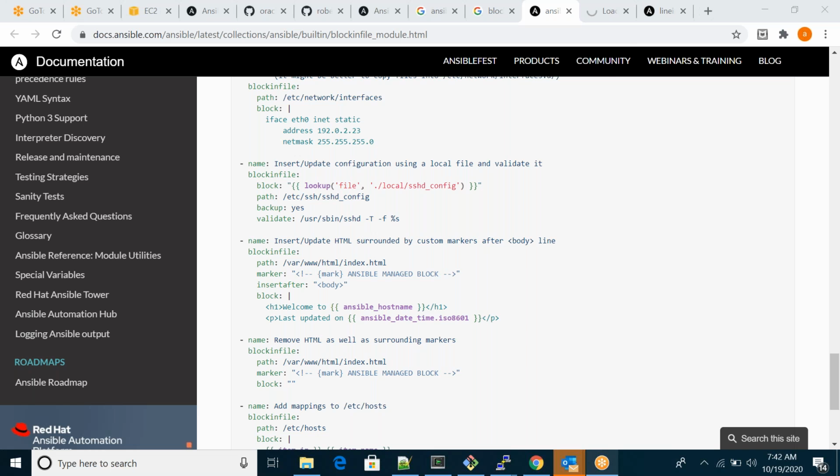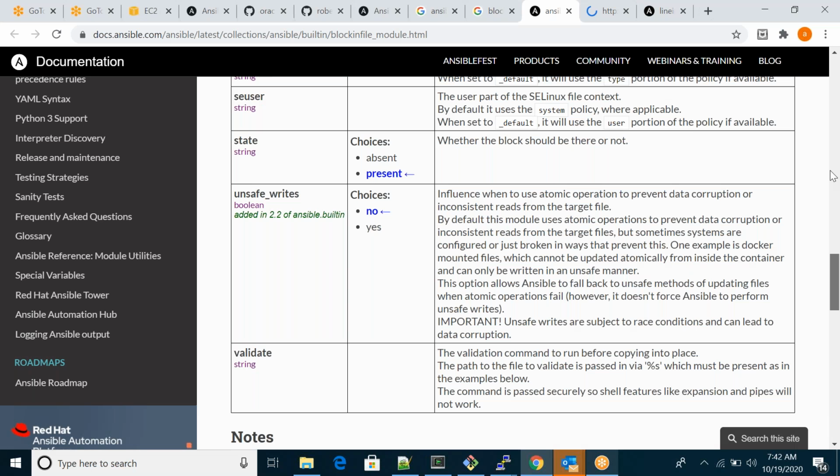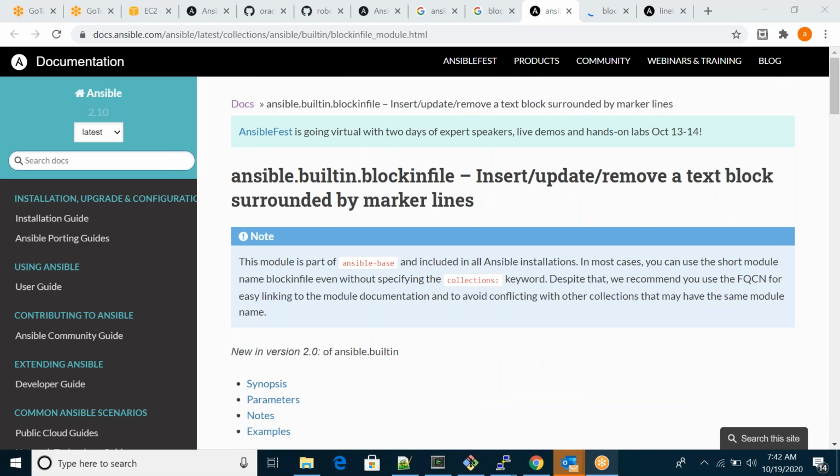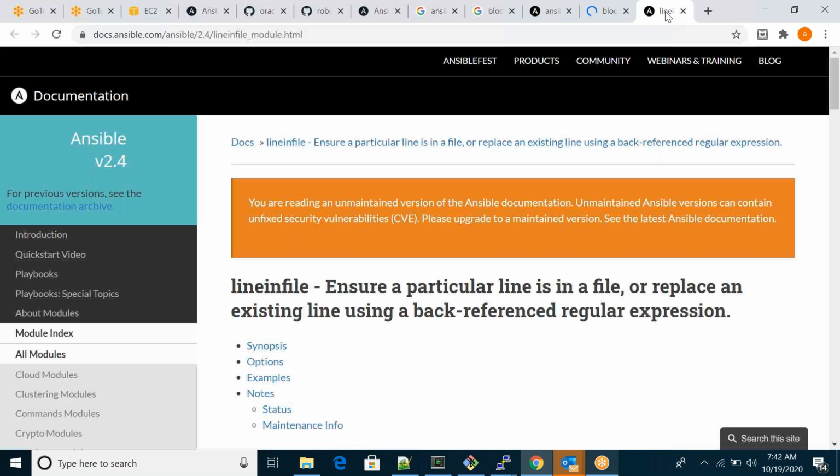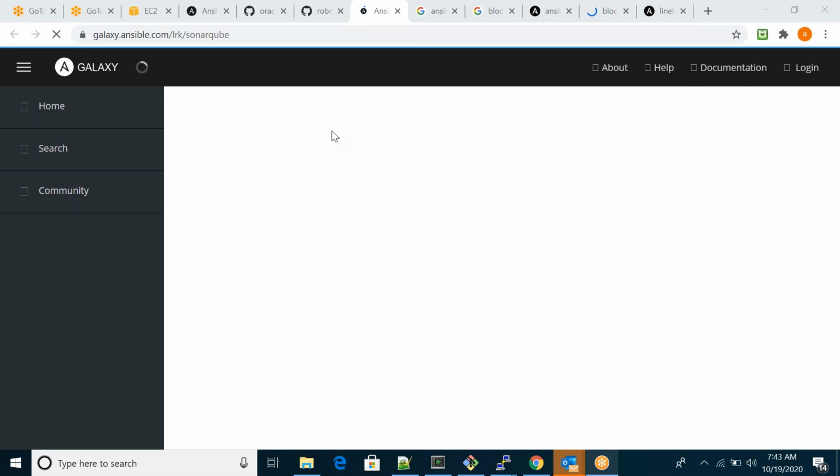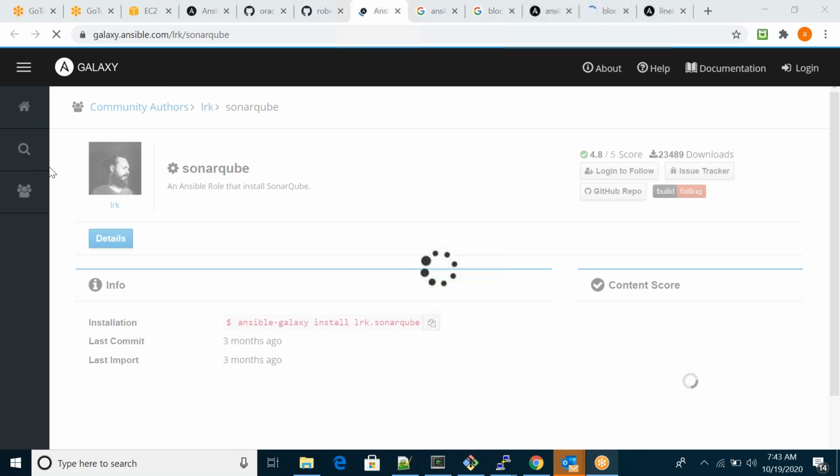If you want to install EC2 instances, just one second, I will show you. If you want to provision, it may be VMware, AWS, Google Cloud or Azure, whatever it may be.